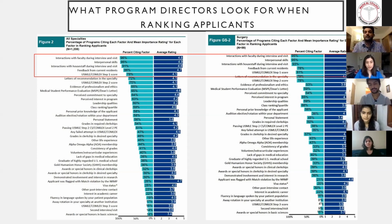So if you can take it, definitely take it. But something that I noticed between the different specialties is that for surgery, they don't care about Step 3 as much, because most of the surgery residents take it during their research years or after their second year of residency. So when I spoke to pretty much all my mentors, and I haven't taken Step 3 yet, which I probably should, but